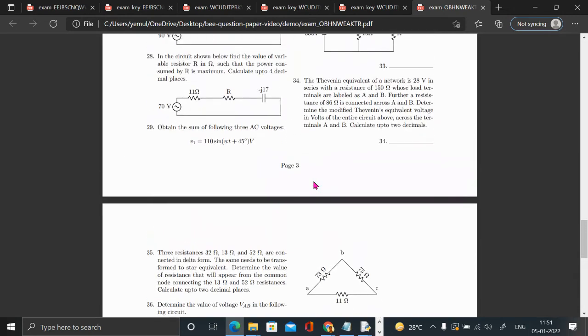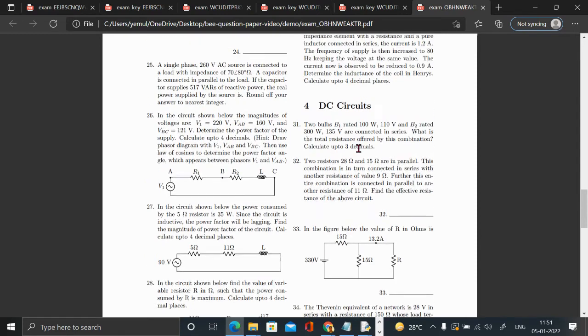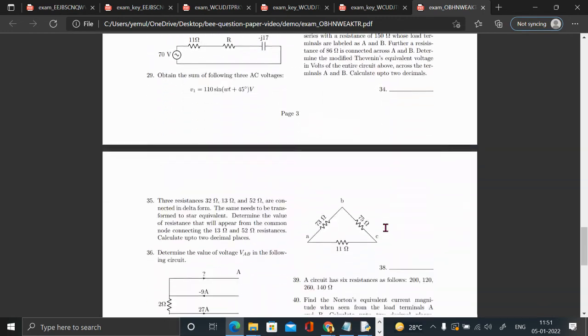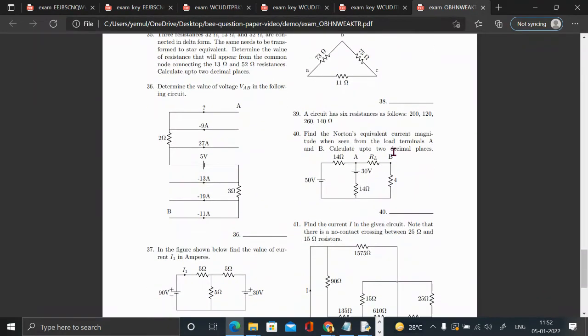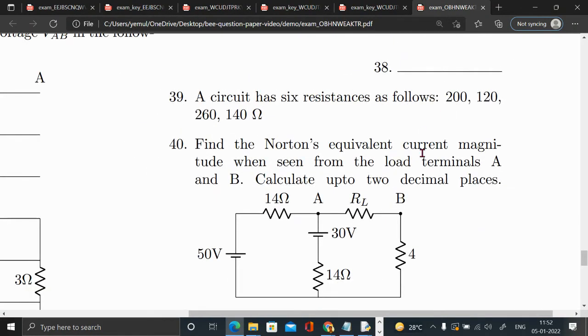Where is our question? Yes. So question number 39. So it happened to come out at question number 39 position.